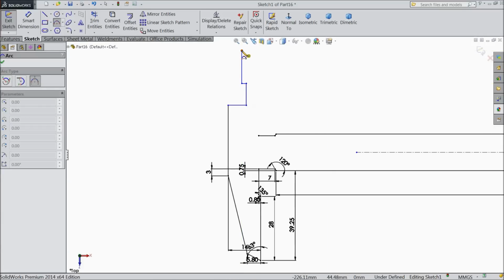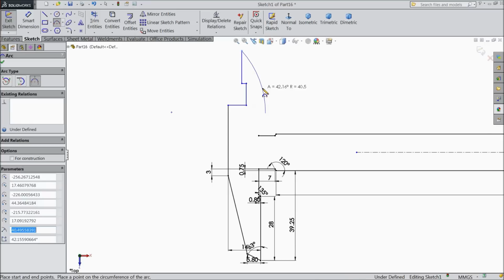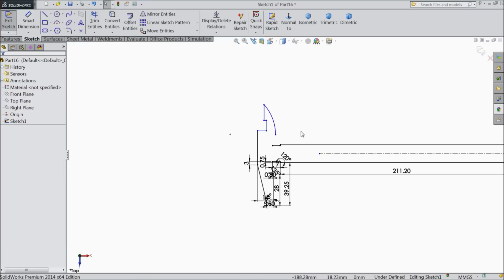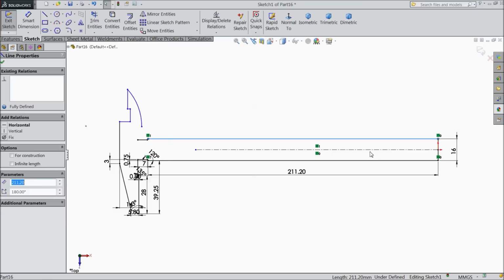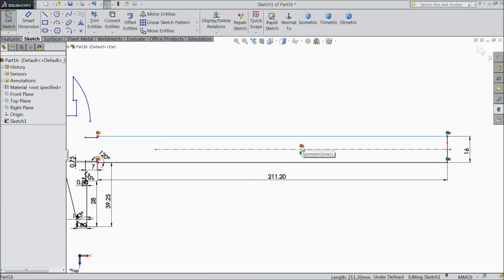Select 3-point arc, exit. Now here select this line, there is a relation, so delete this relation, concentric,